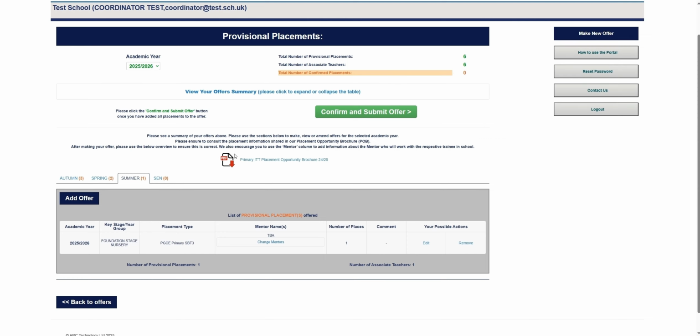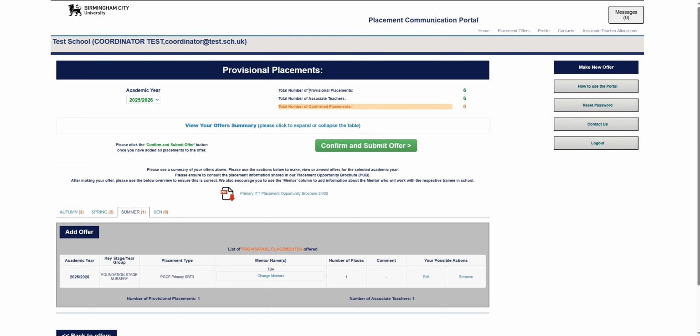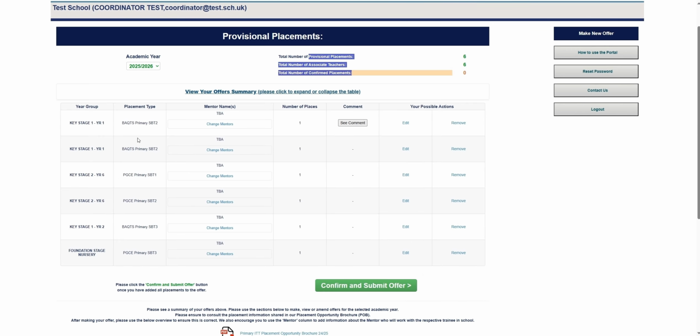We can therefore check our offer summary at the top. We can see that we have made 6 provisional placement offers, and in our offer summary, you will see all of them together. We can see that in our Year 1 class, we will have 2 placements, both times a BA SBT 2 placement. In our Year 6 class, we will have a PGCE SBT 1 in the autumn and